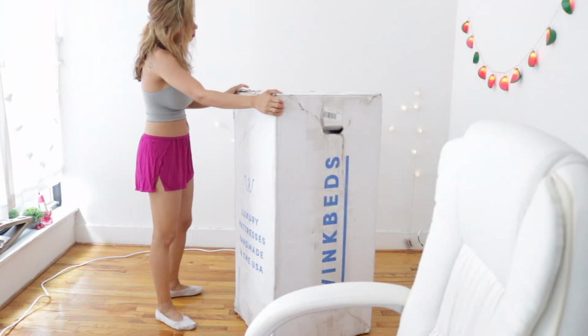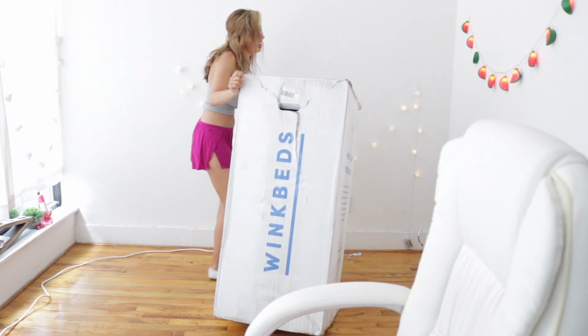So EcoCloud is 13 inches and 120 pounds. So I would say it's pretty heavy. Definitely get some help if you're carrying it yourself. It has natural and organic materials, so it makes it a very healthy mattress, and it's also a baby safe certified mattress. Really excited to try this mattress, so keep tuned for the full detailed review, and let's go